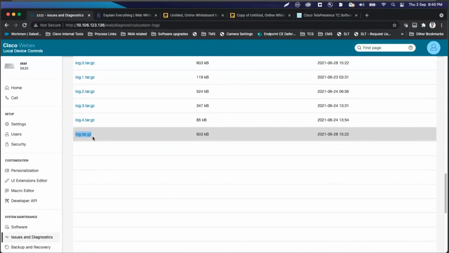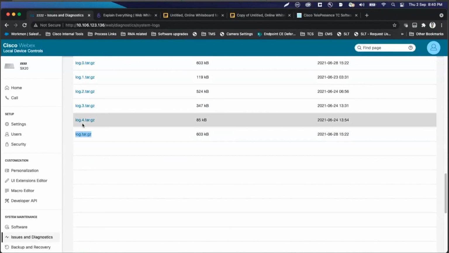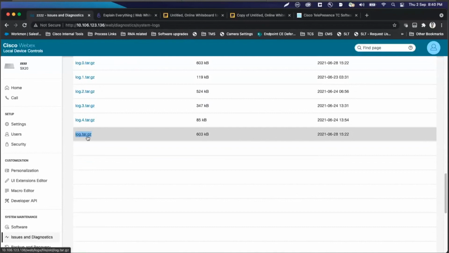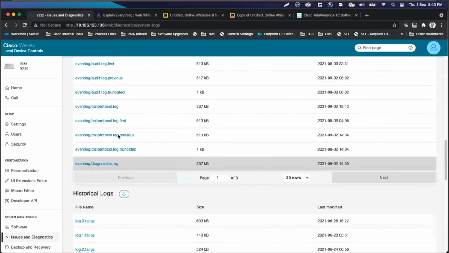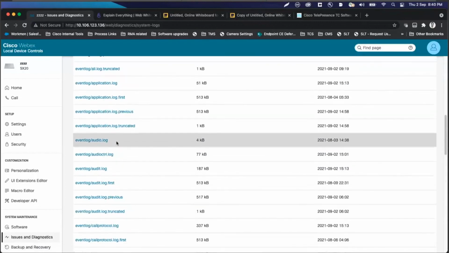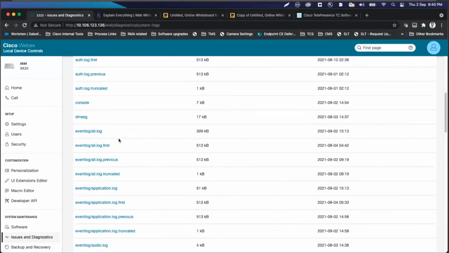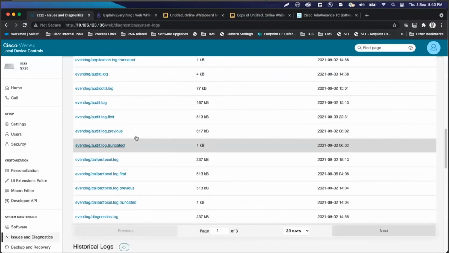The same is what we have in crash also. So when a crash happens, we are doing nothing, but we are rebooting a device. So all of those events would be a part of log.tar.gc file. You open this file, you'll get all the events that were there before the reboot. Okay, so if someone says a crash has happened on the device, you would not find those events on all.log